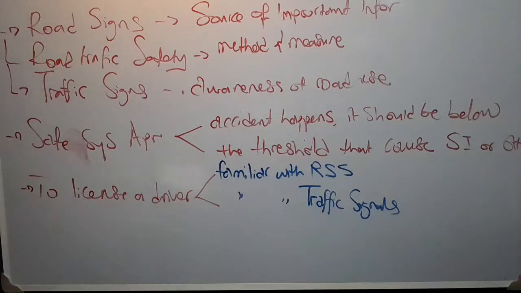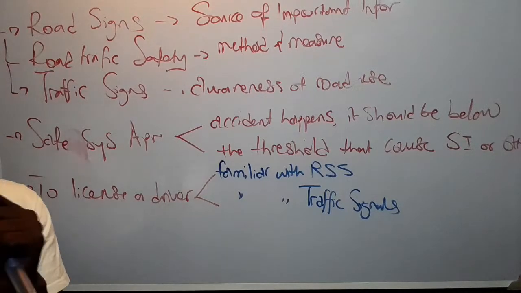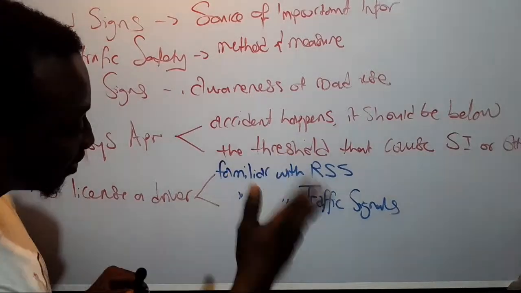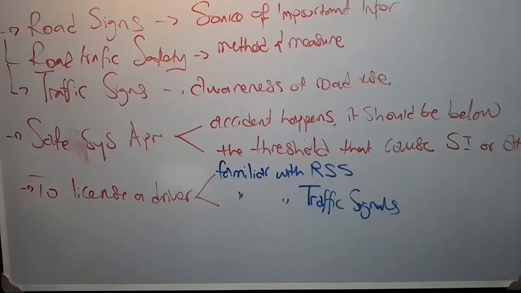Some of the ways in which traffic signals act as traffic management tools are, so now I believe you understand that traffic signals are traffic management tools. And how do they manage to do this? Road signs inform drivers of the correct lanes to take so that they can avoid blockage caused by abrupt